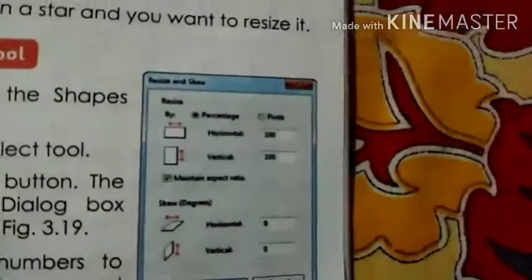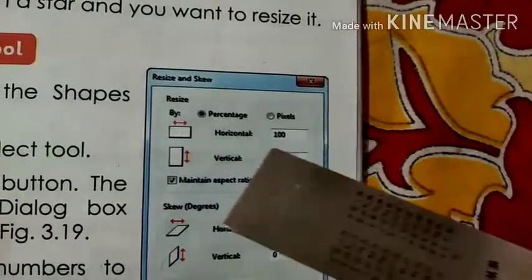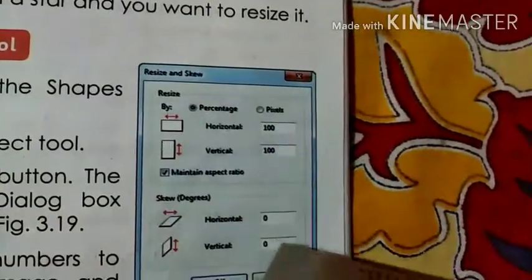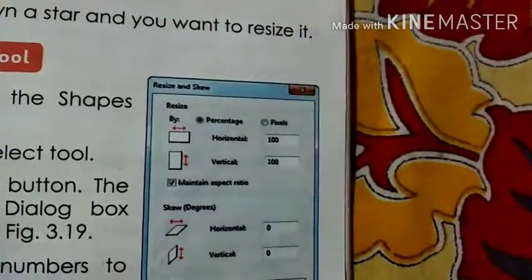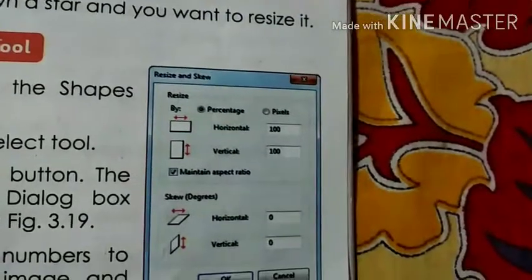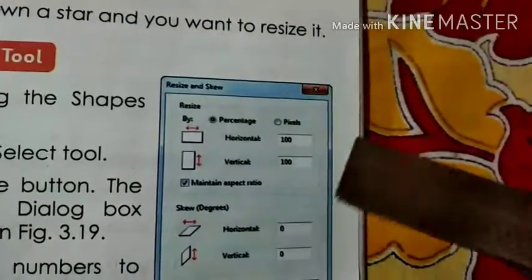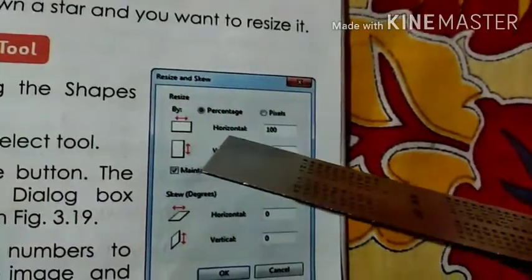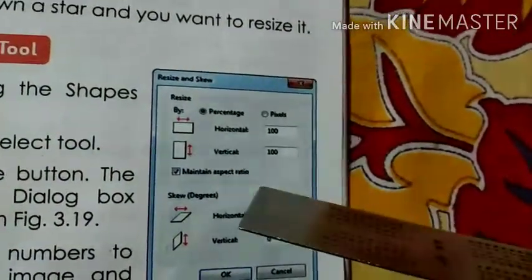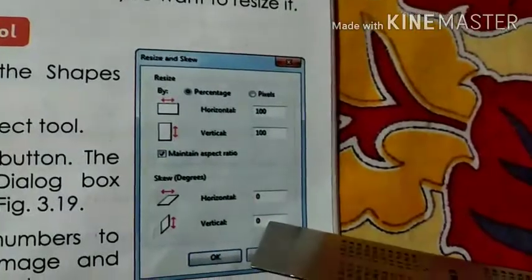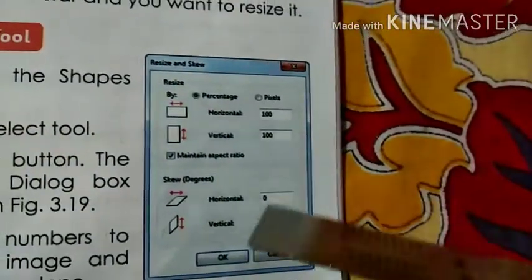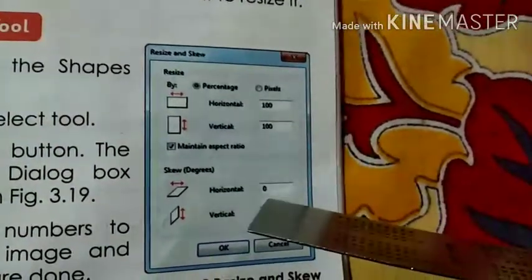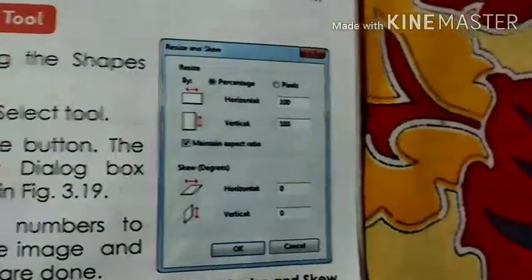Here you can see, students, we have options where you can type how much you want to resize the shape. Here they have shown us that you can resize your shape horizontally or vertically. After inserting the value, you are going to click on OK.